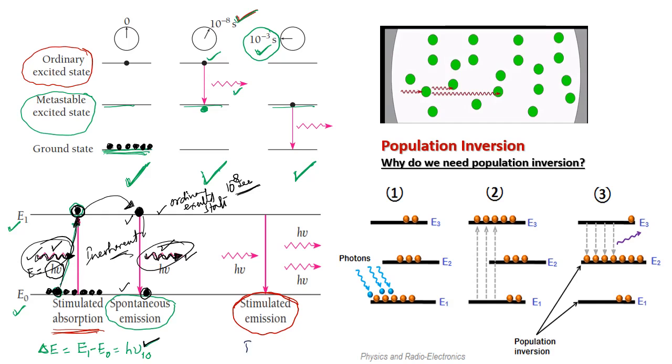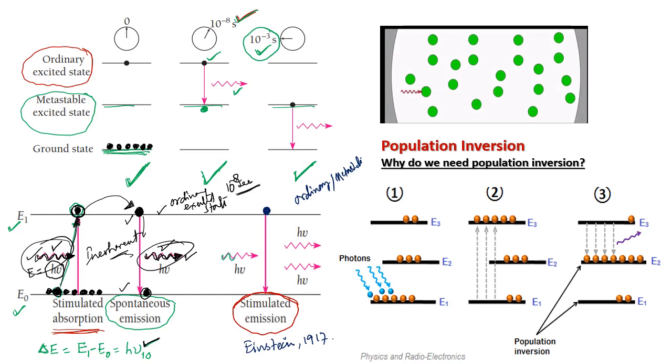Okay, this was put forward by Einstein in 1917. So what happens in this process? In this process, an incident photon of energy h nu. So suppose we have an atom in the excited state. Now here in this case, this could be my ordinary state or could be my metastable state, either ordinary or metastable state. Okay, fine. But this is the atom which is initially in the excited state. Okay, fine. If we shine